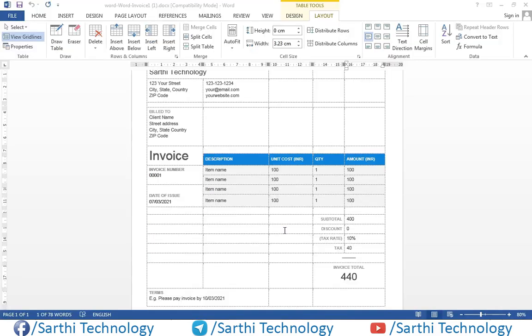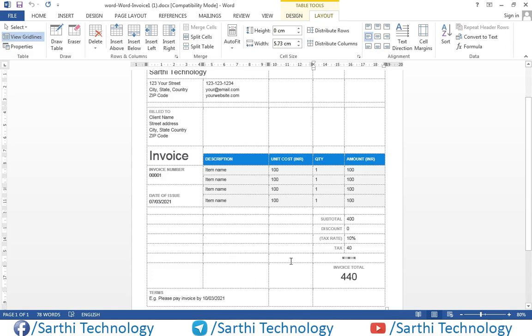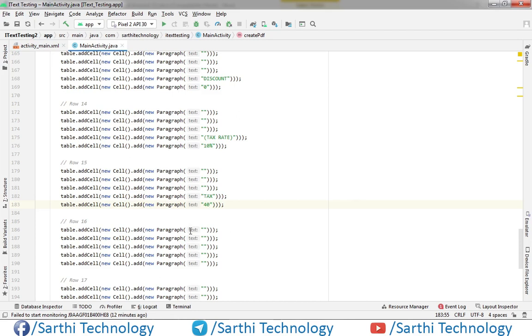Now here you can see this line, so we will put 1, 2, 3, 4 and 5, and 4 and 5 are merged. So row span 1, column span 2, and we will put 1 equal to sign here and make this a comment.